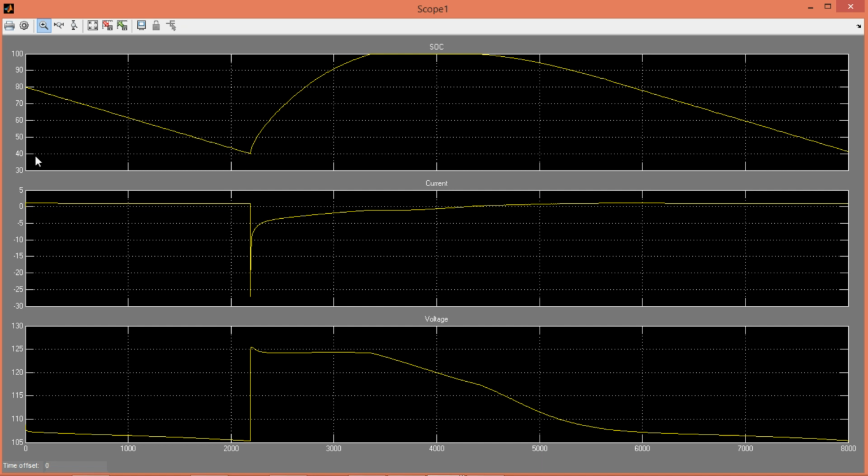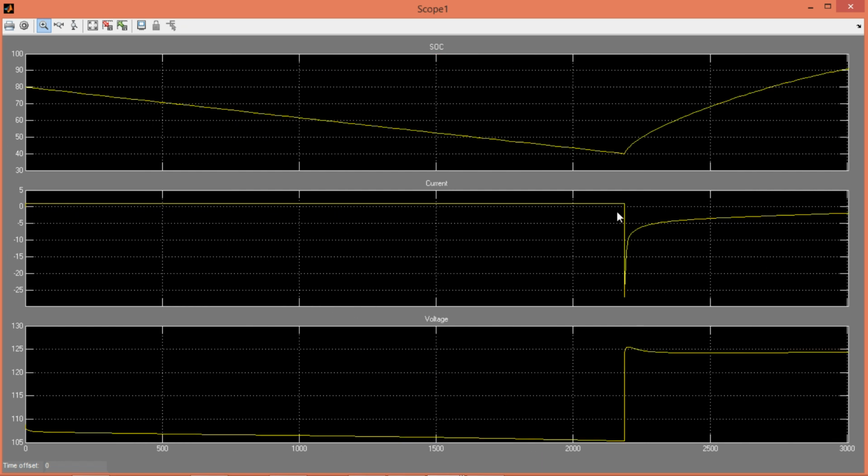Once the SOC reaches 40%, the load will get disconnected and at the same time, battery 2 will start charging from the battery 1. Okay, let's see the current values plot. It is showing the positive current till the load was connected as the current was coming out of the battery. Once the load gets disconnected and the battery 2 is charging the battery 1, the current values are negative. That means the current is flowing into the battery 1, which means the battery is charging.